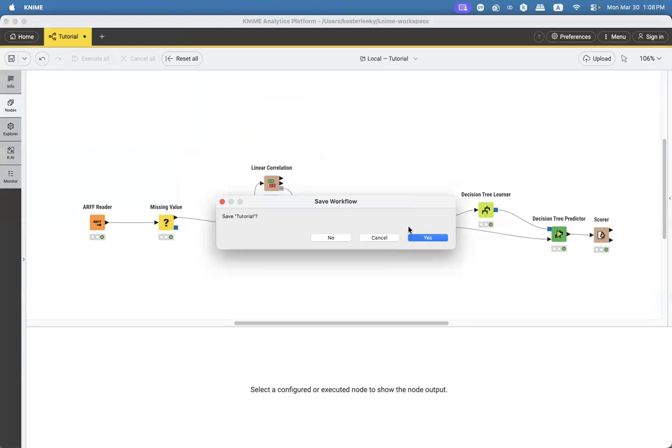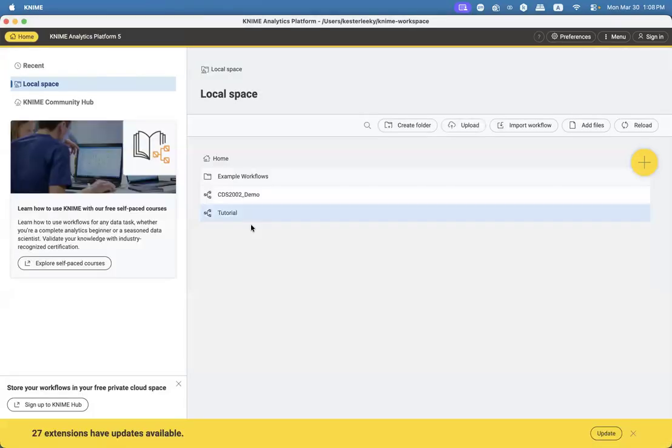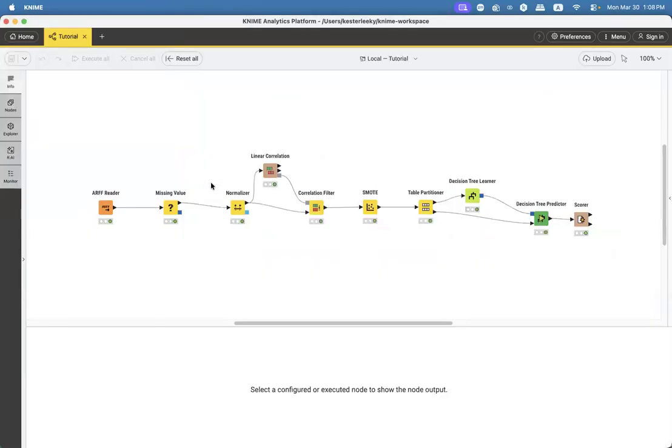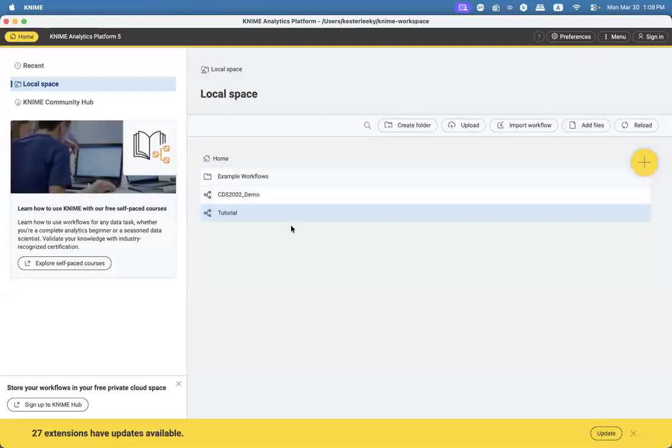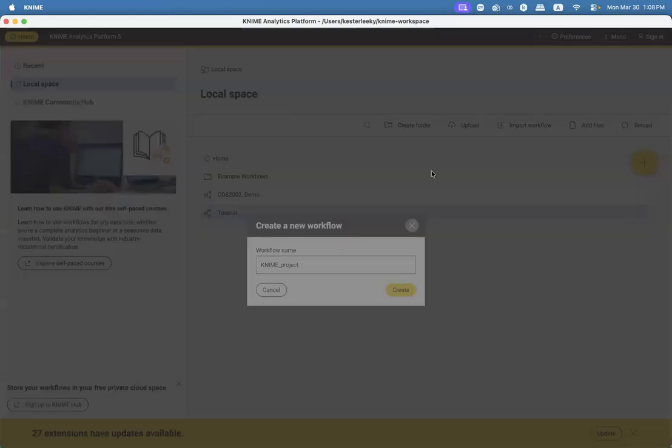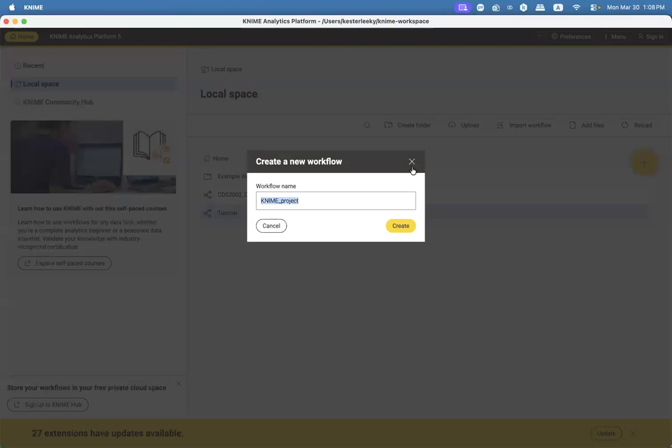Let me save it first. Now I will be able to work on my workflow files, and you can manipulate all the workflows here just like you are manipulating a file browser. If I want to create a workflow, I just press this button and enter a name, and then I'm able to create one.